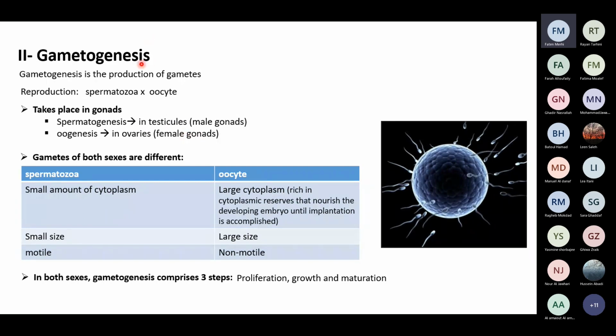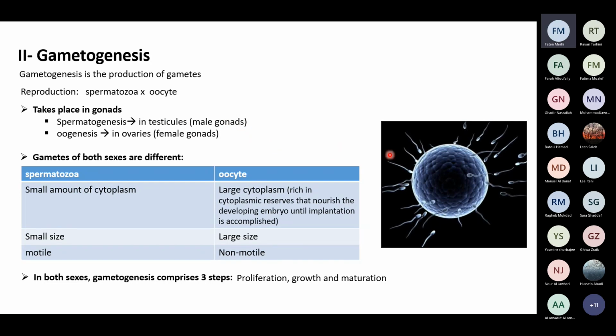The gametogenesis in the males is called the spermatogenesis because we are producing sperm cells. And in the case of the females, it is called oogenesis because we are producing oocytes and ootids and ova or ovum. Okay, so it is called oogenesis in the females, and it occurs in the ovaries. In the males, it occurs in the testicles, which are the male gonads. Now,